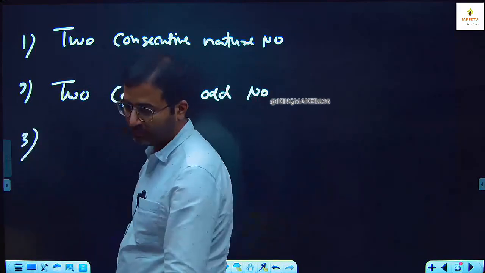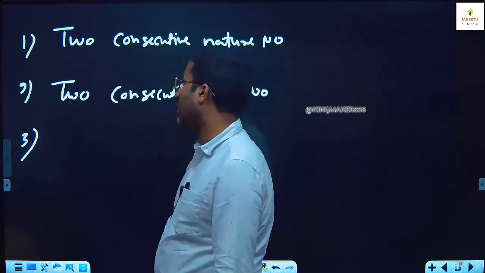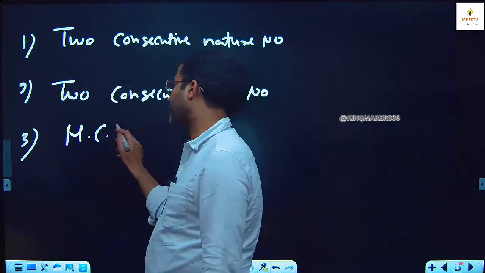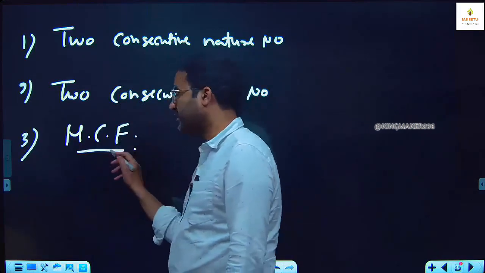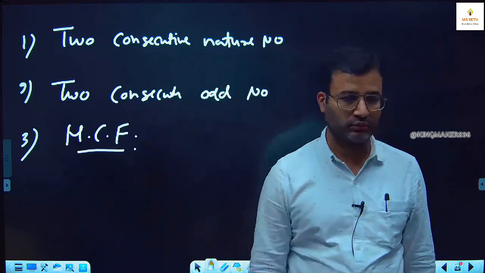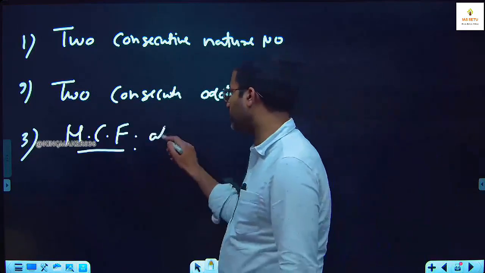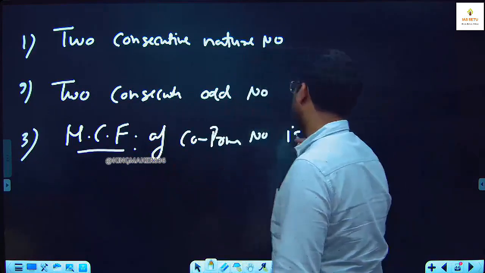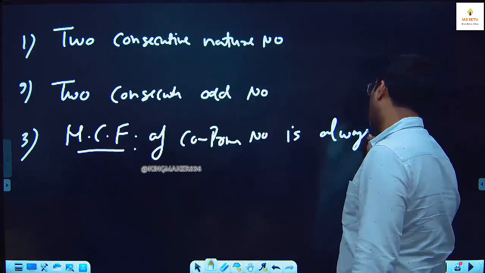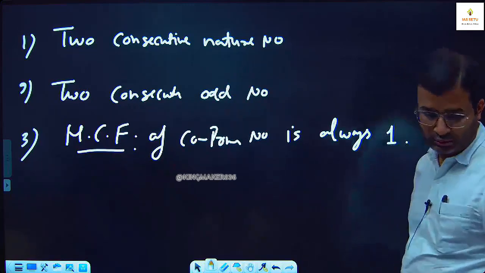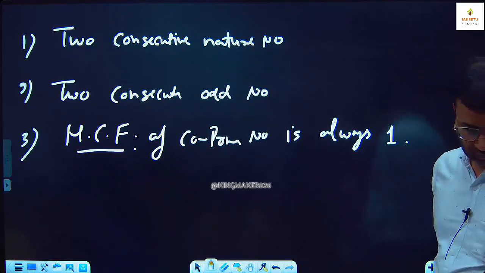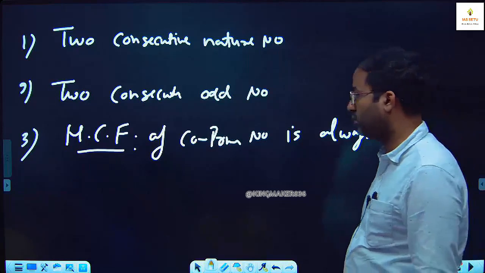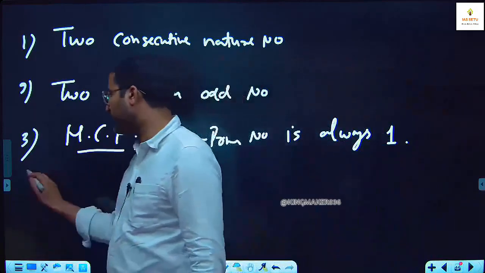थर्ड, या इसके बाद नेक्स्ट, HCF, हाईएस्ट कॉमन फैक्टर ऑफ को-प्राइम नंबर इज ऑलवेज 1। एक ही है तो वही हाईएस्ट है।